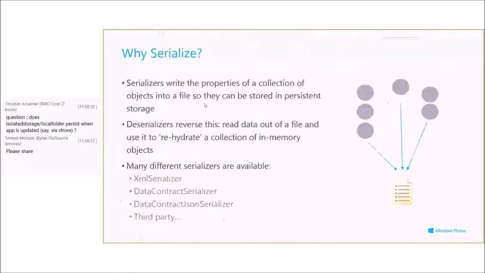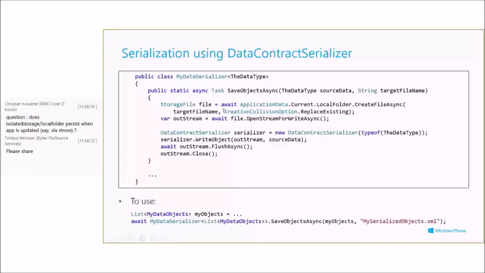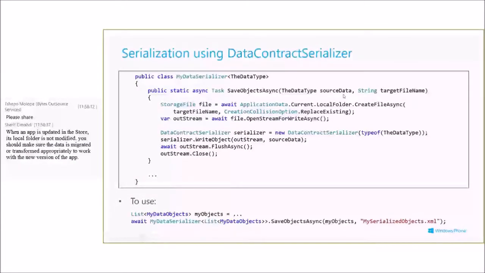So what does it do? The save object async takes the data type that you're sending, and then the target file name. That's exactly the save object async that we used in the earlier example. It creates a file in the local folder with the target name, and if it exists, it replaces the existing file, and then you create a stream